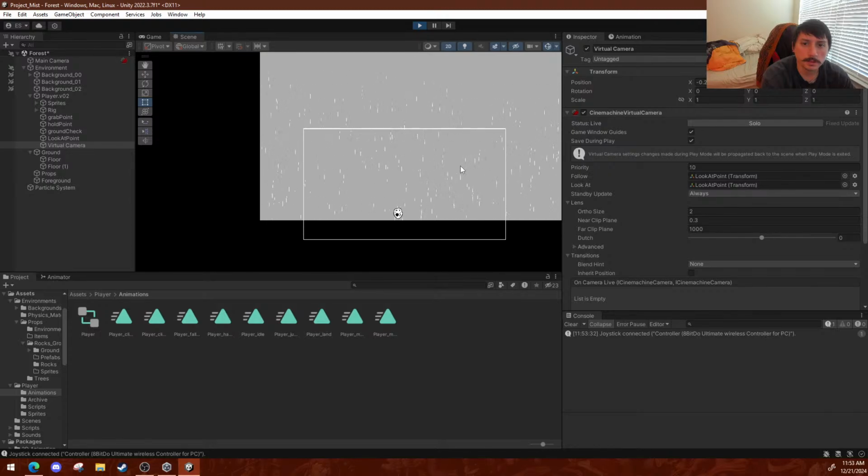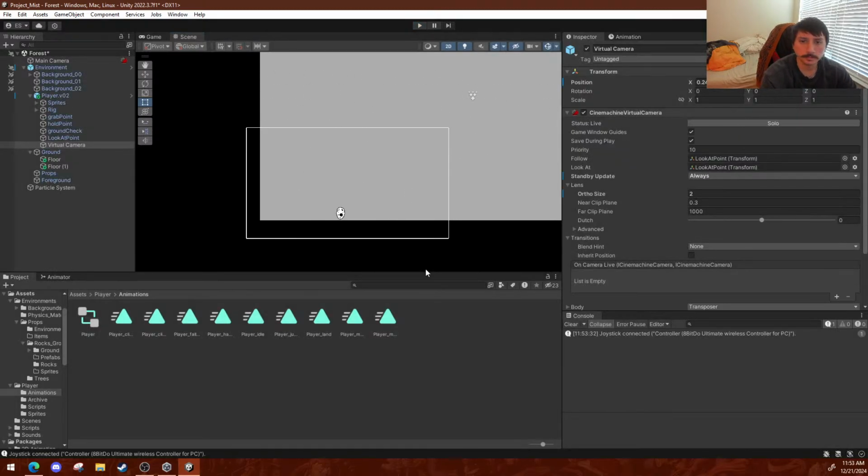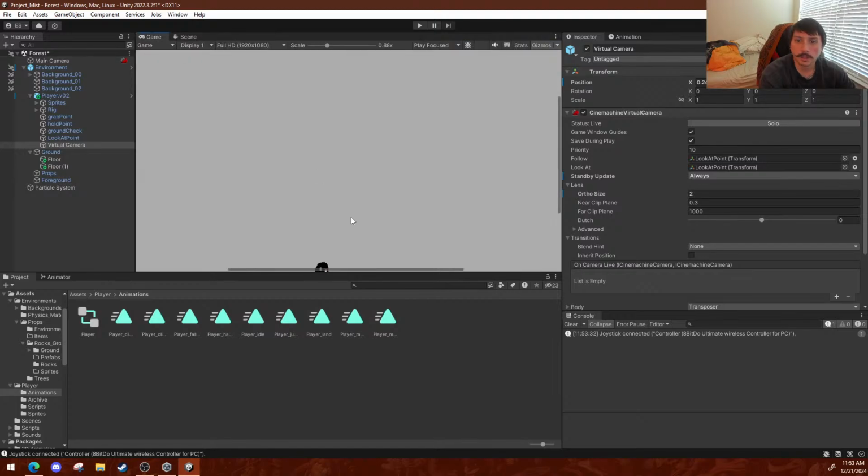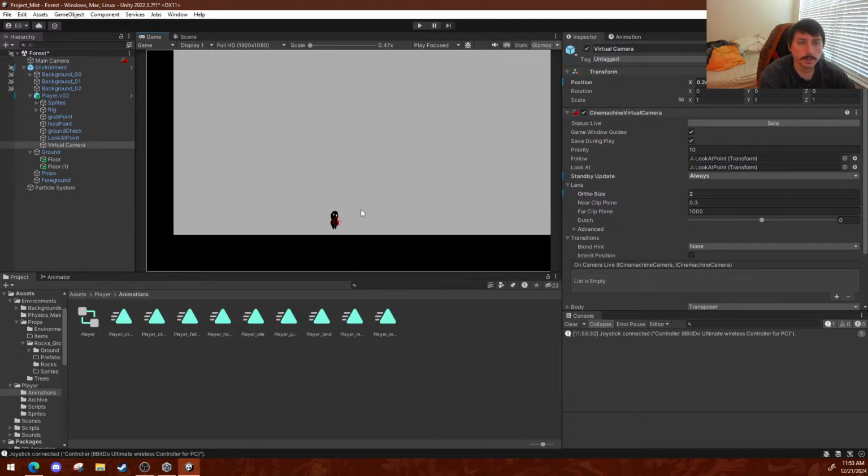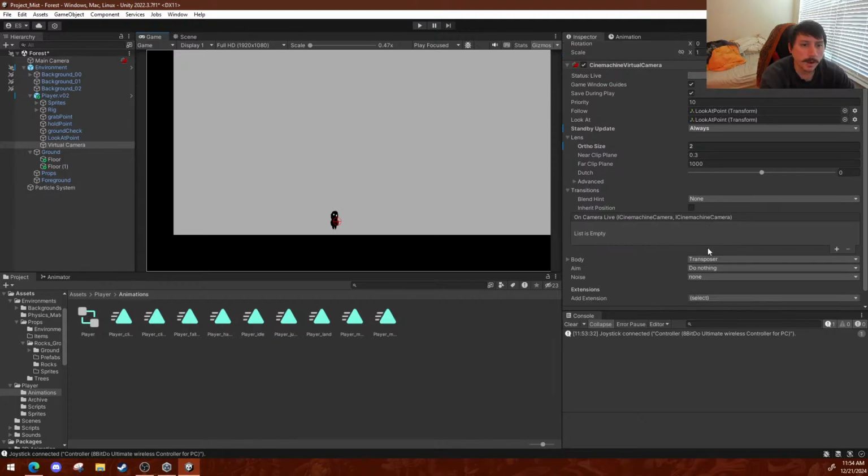It's looking good. I know what it's gonna end up being. It's gonna be that I need to set up multiple lookout points, and then I'll transition between the different lookout points based on